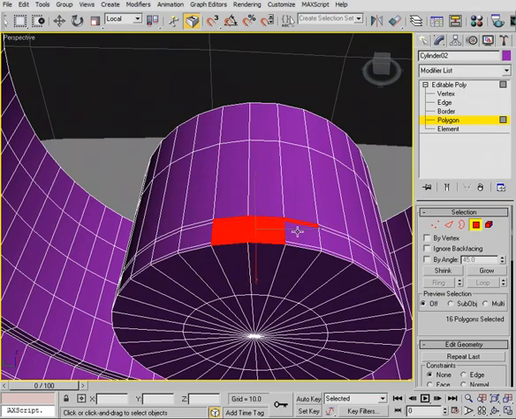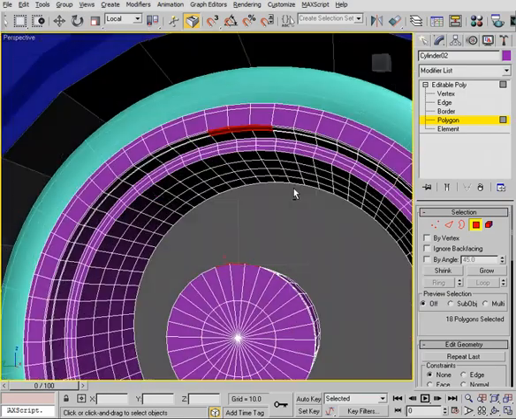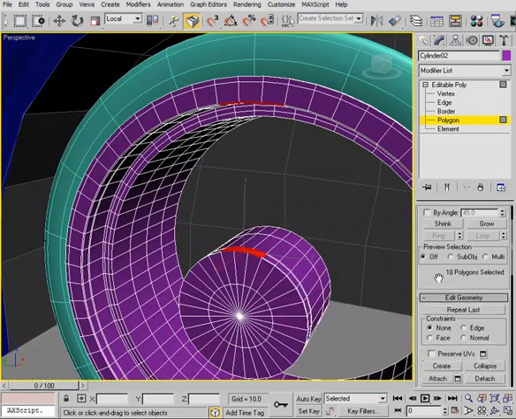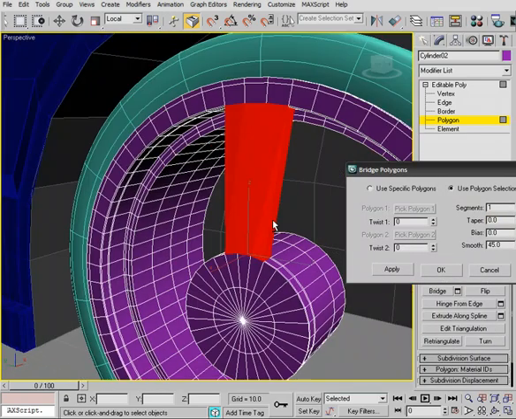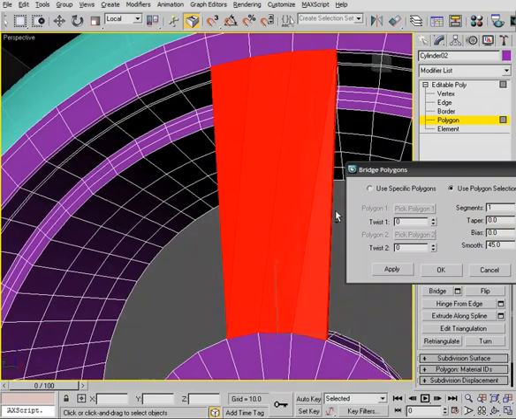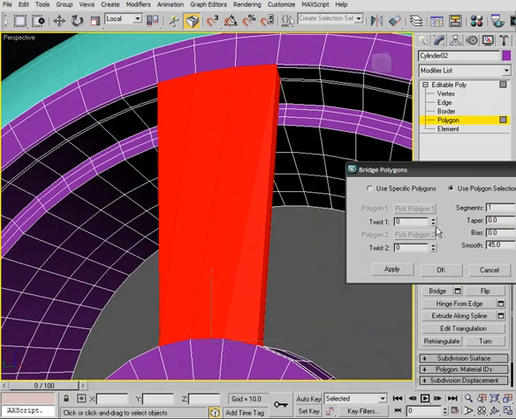Okay, so we've got those and those selected. We're going to now go down to Edit Polygons, Bridge. Okay, and let me make sure that the twist is set. So we might want to